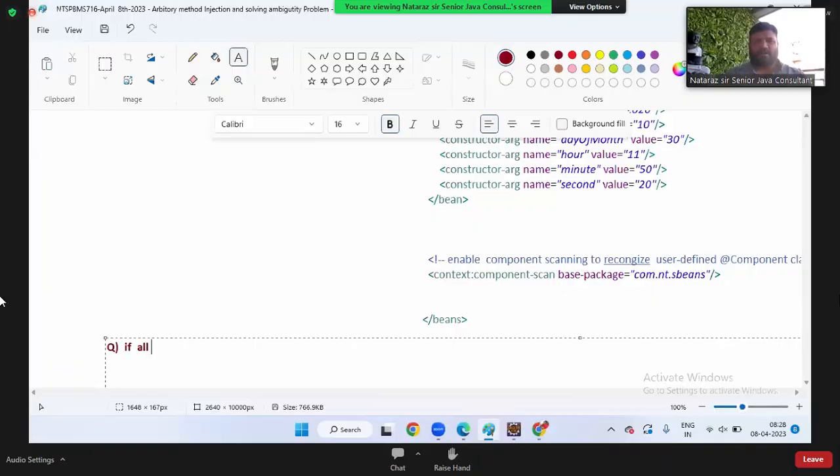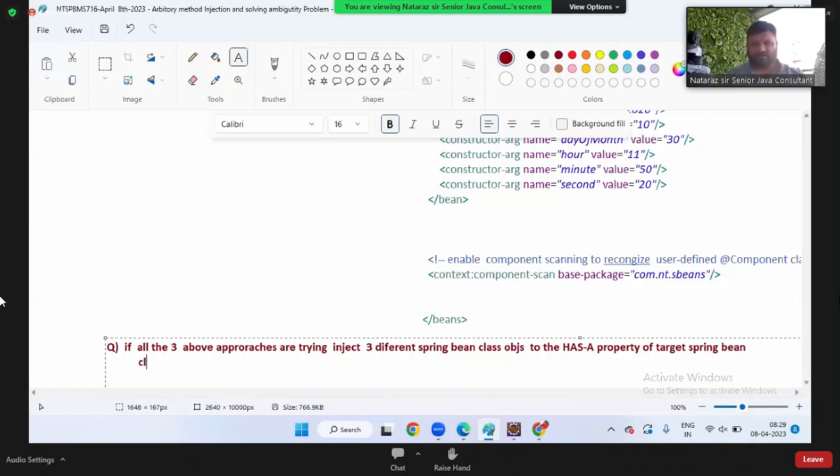If all the three above approaches are trying to inject three different Spring bean class objects to the has-a property of the target Spring bean class,